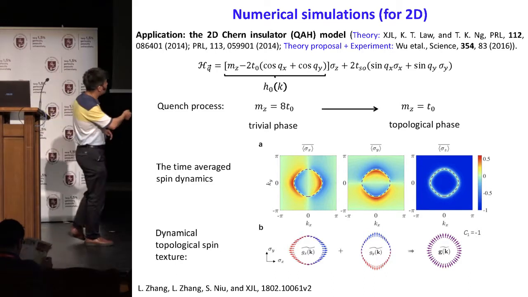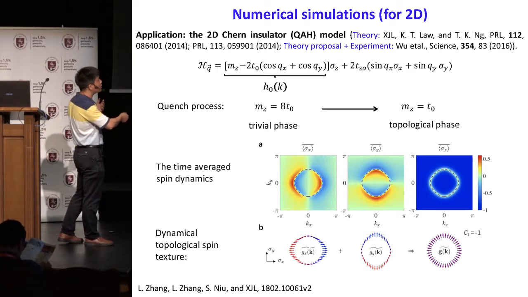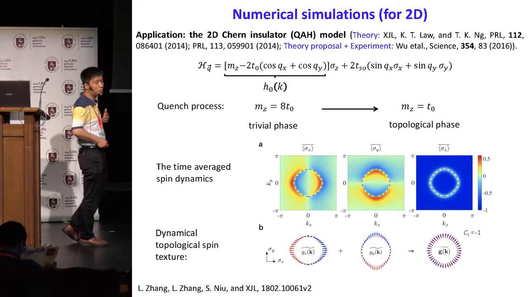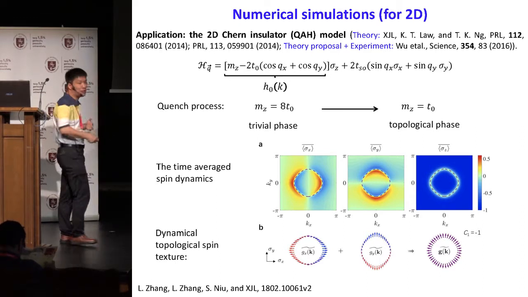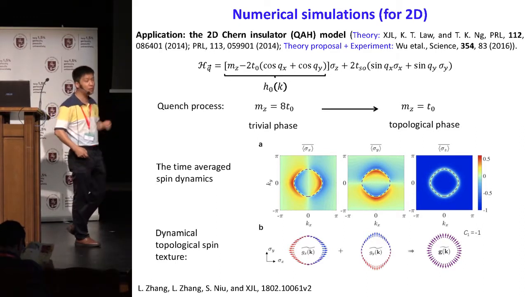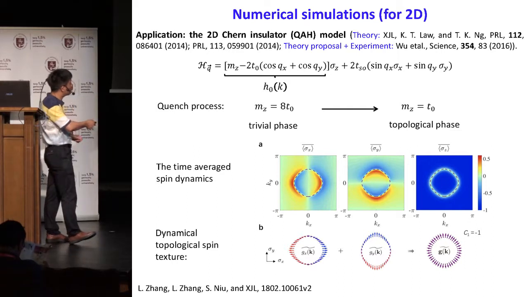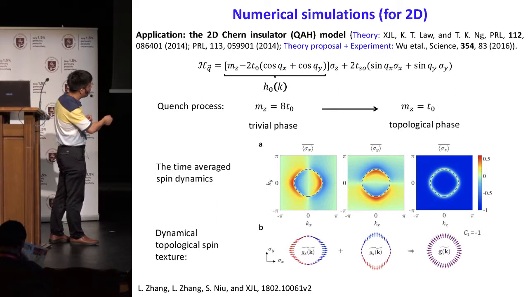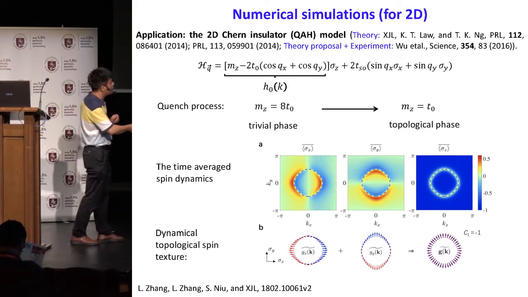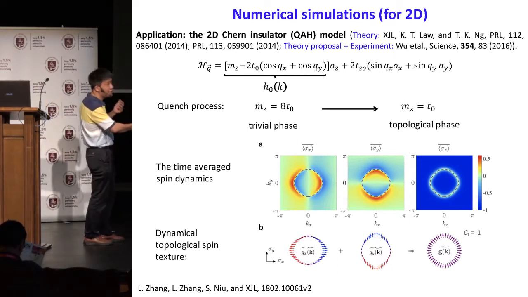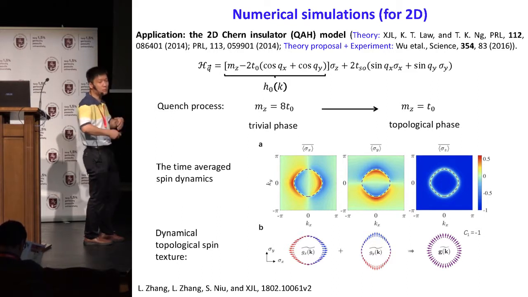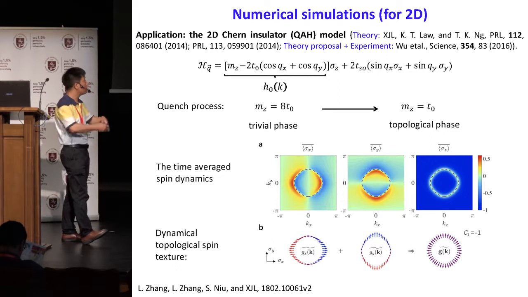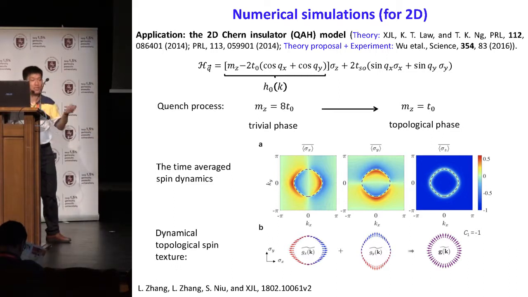You can see that the spin dynamics will exhibit a ring structure in the Brillouin zone. This ring structure exactly reflects the band inversion surface, the band inversion ring of the system. Furthermore, you can look at the variation of the spin polarization on this band inversion ring, and you can see that this gives a 1D winding on the band inversion ring. This 1D winding exactly describes the Chern number of the original two-dimensional bulk.